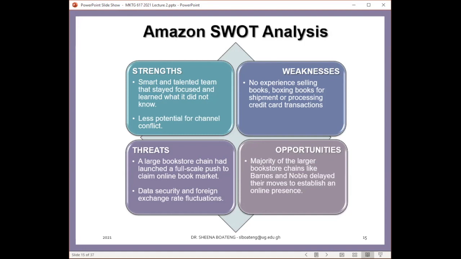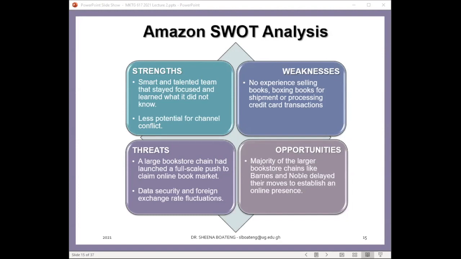However, they were driven by the opportunity that they had seen. Back then, even though there were huge multinational corporations selling books worldwide, they did not necessarily have any significant online presence for selling these books. And with that, Amazon saw a huge opportunity that they could take advantage of, right? But there were a number of threats that could bring to a quick halt this opportunity that they wanted to take advantage of.